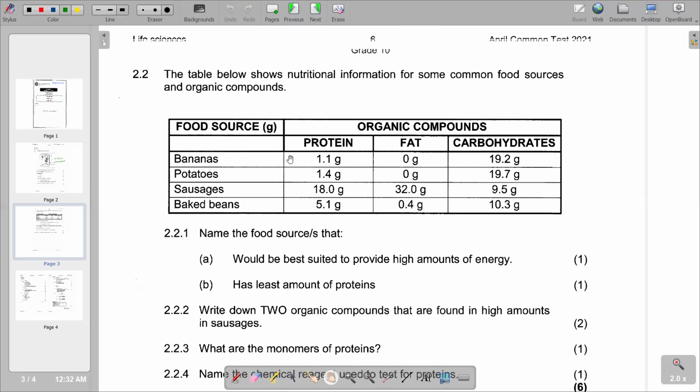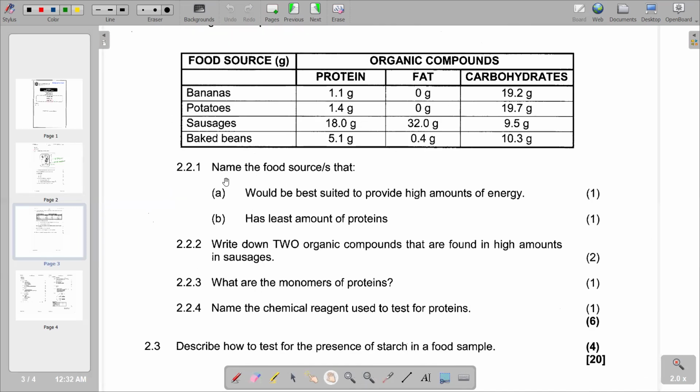We're given a table with a column for food source, and also organic compounds: protein, fat, and carbohydrates. The first question: name the food source or sources that would be best suited to provide higher amounts of energy. When looking for the one that provides higher amounts of energy, we look at the proportions of carbohydrates. So we look for the highest component of carbohydrates,